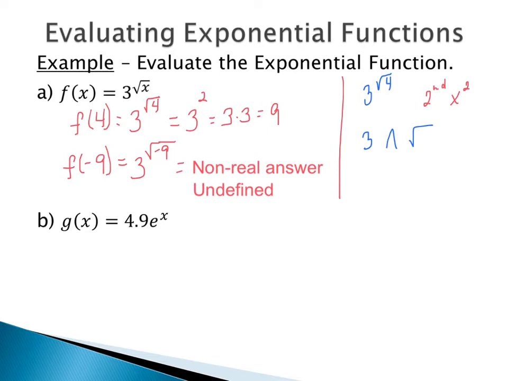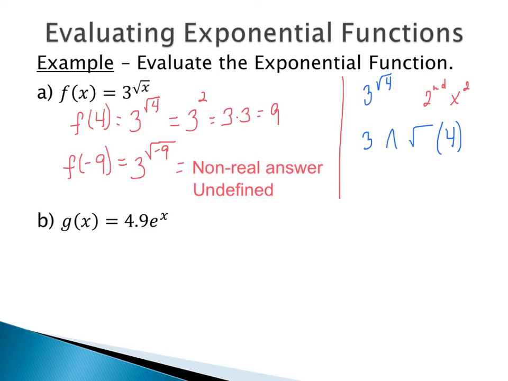When you do the square root, depending on how old your calculator is, it might either open a parenthesis for you, or it might actually have the square root where you could type the number underneath. If it opens the parenthesis, just remember at the end you're going to have to close the parenthesis. So some will and some won't. So we would do the square root of 4, close the parenthesis if it needed to. If you didn't have a parenthesis to start with, don't worry about it. And then you would just hit enter, and we should end up getting the same answer of 9. If you test out the 3 to the square root of negative 9, you should actually get an error message that says non-real answer on your calculator.